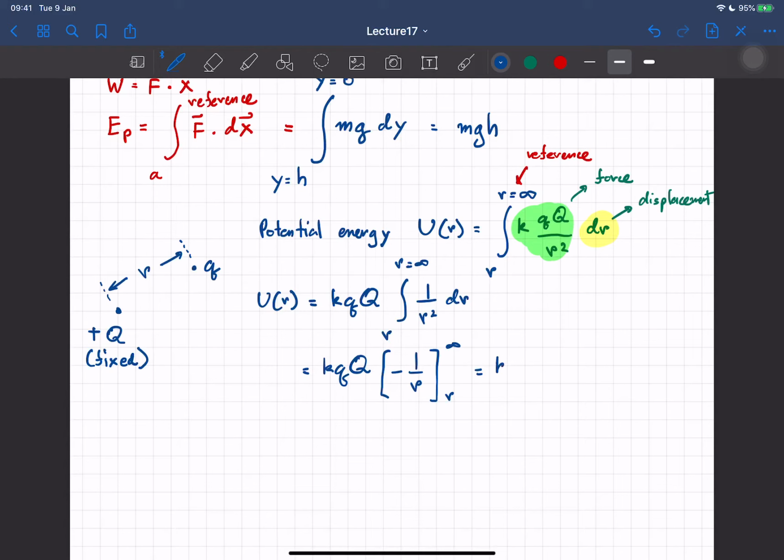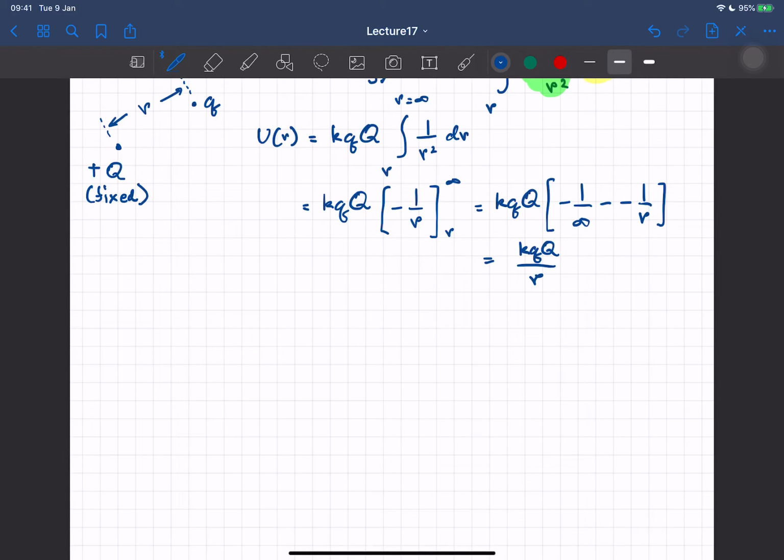So when you substitute in the limit of integration, you have minus 1 over infinity minus minus, so double minus sign, minus minus 1 over R, it becomes plus. So in the end, you have KQq divided by R, because 1 over infinity is 0. Right? So this is a simple integral to give us a very important result, which is for